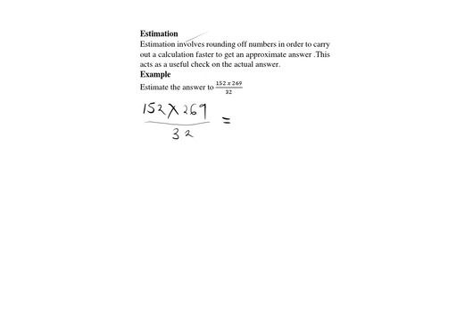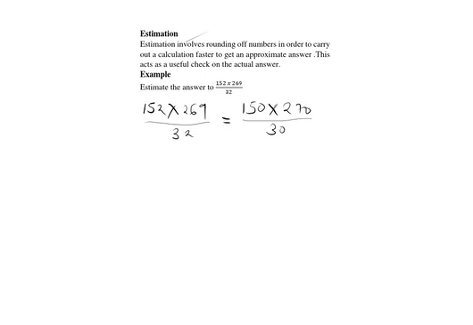152 to 150. And it makes sense to round up 269 to 270. That is close to 269. Now, this one should be divided by 32. But it is easier to round down 32 to 30. So carrying out